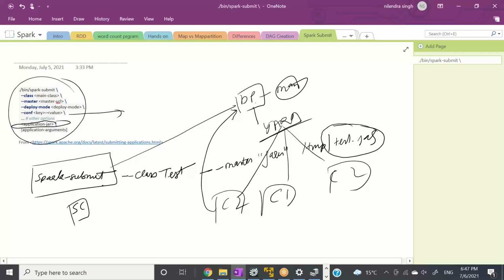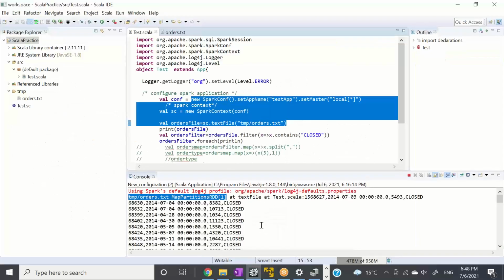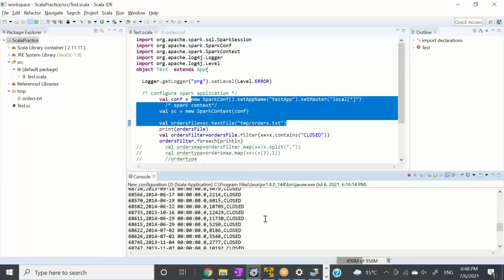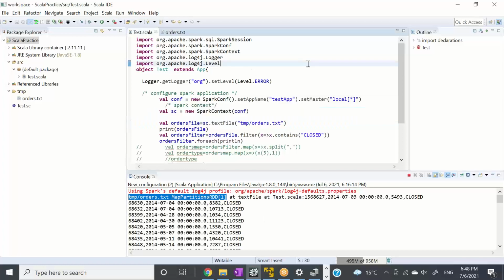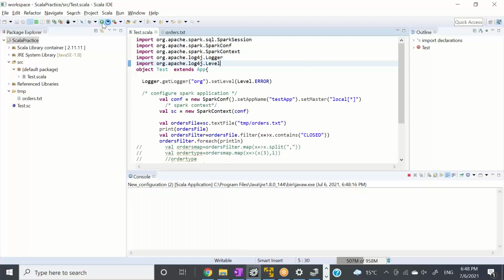And then you can see the result, right? Now, one more thing. When I'm running this program, I'm seeing the result on my local console. It means my driver program, since this is a one node cluster, a pseudo cluster. What is going on inside when I'm running this code, right? Since this is my local cluster, driver and executor are on the same machine, right?